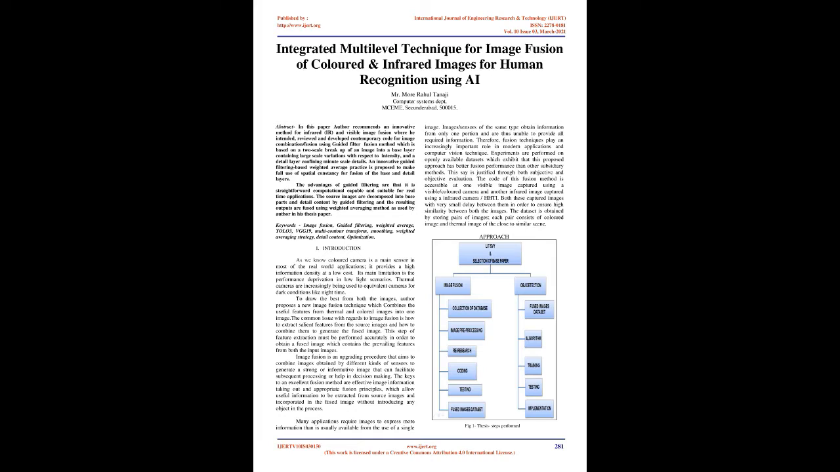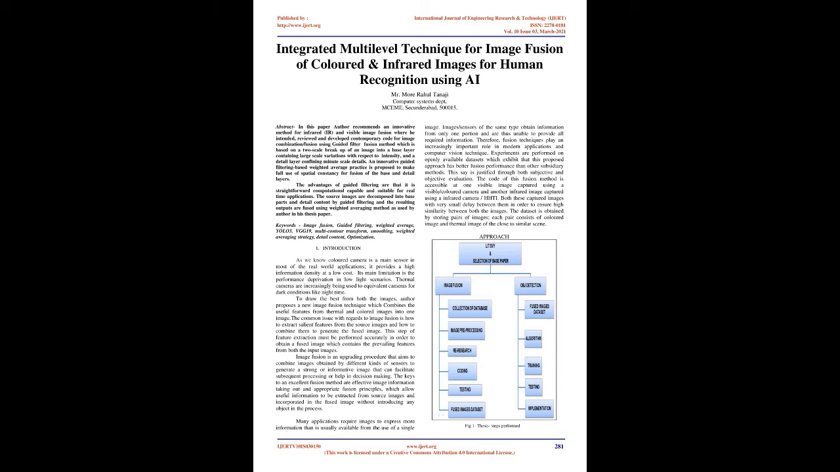and developed contemporary code for image combination/fusion using the guided filter fusion method, which is based on a two-scale breakup of an image into a base layer containing large-scale variations with respect to intensity, and a detail layer confining small-scale details. An innovative guided filtering-based weighted average practice is proposed to make full use of spatial constancy for fusion of the